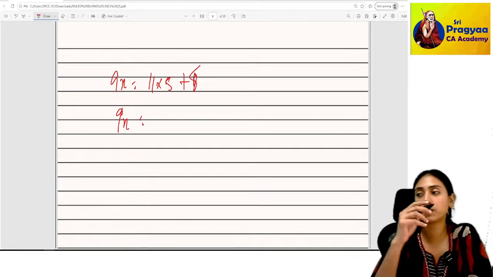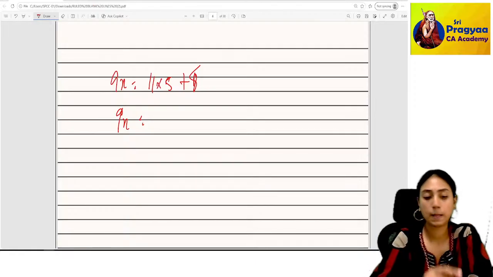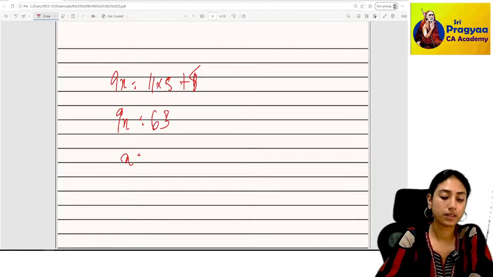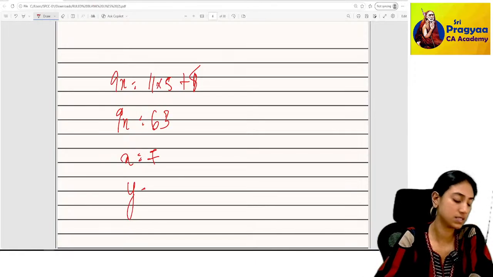Next, going by 5, 9x is equal to 55 plus 8. Then x is 7, and then y is equal to